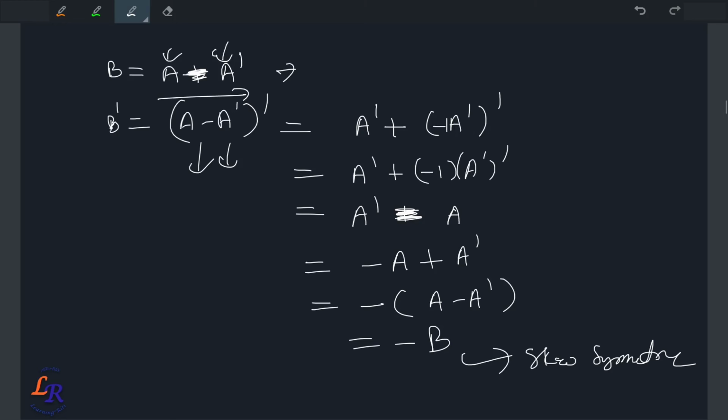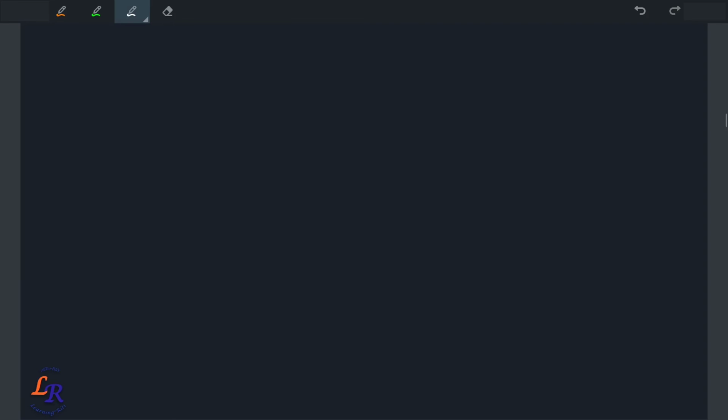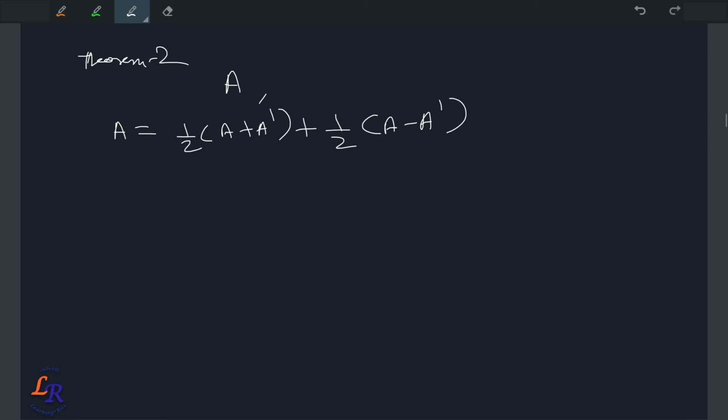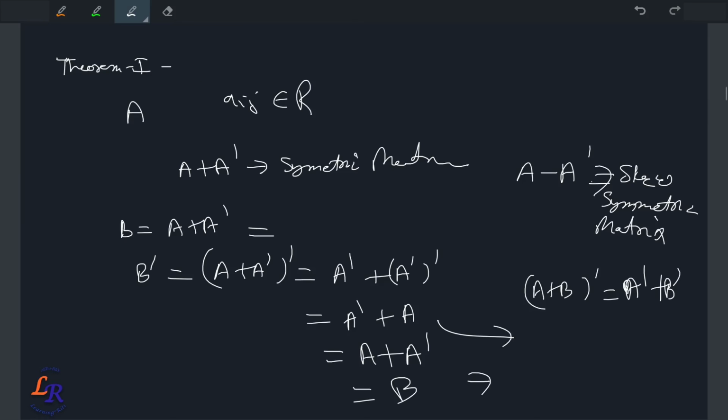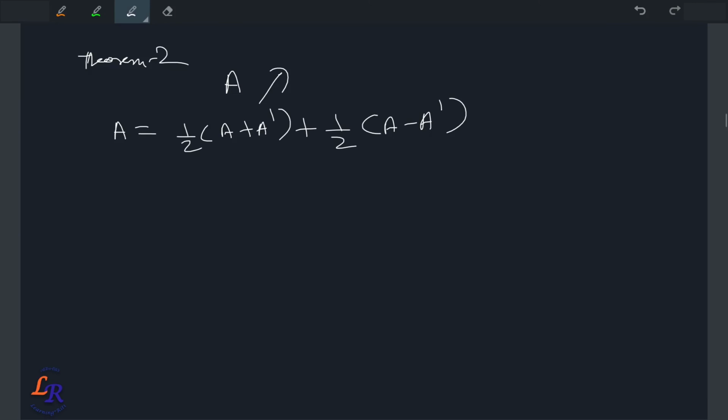Now let's see what we have in theorem 2. Theorem 2 is that any square matrix, let's say A, can be expressed as a sum of a symmetric and a skew symmetric matrix. So for example, you can write A is equal to half of A plus A dash plus half of A minus A dash. You just saw in theorem 1 that A minus A dash is a skew symmetric matrix and A plus A dash is a symmetric matrix. So you can see that this is a sum of a symmetric and a skew symmetric matrix,